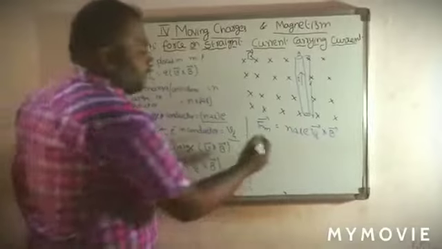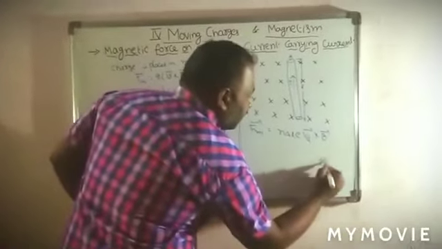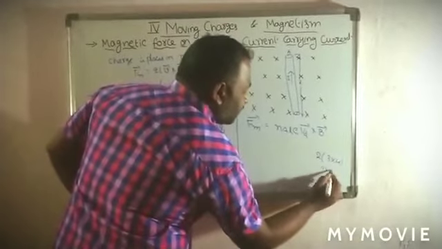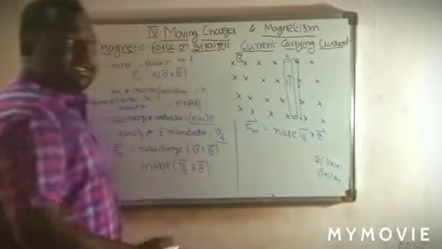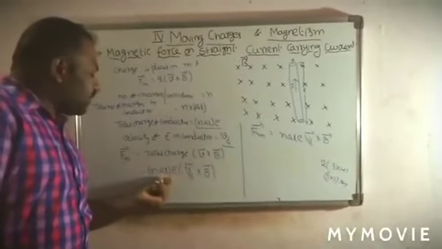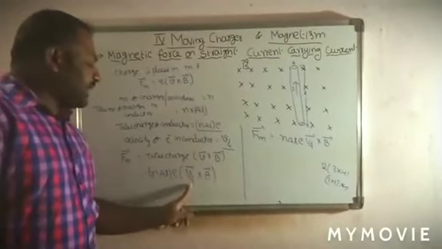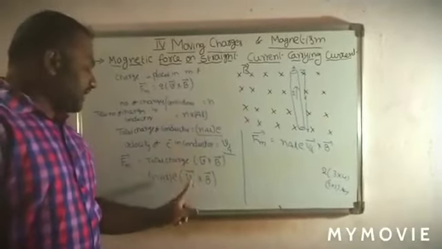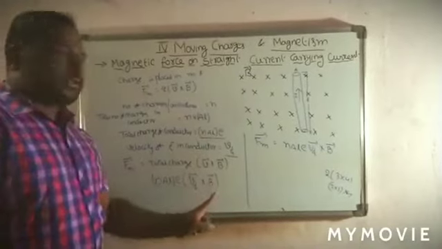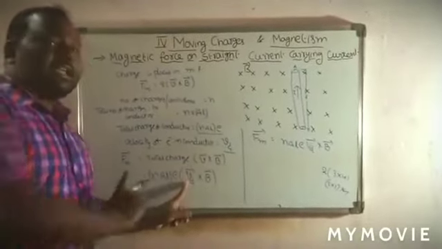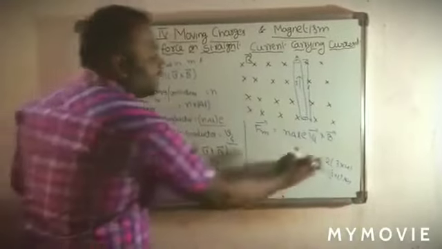Now here we know that 2 into 3 into 4, we can write it just like that. Similarly here also all are in multiplication, so this term is multiplied to any one term. Here we multiply it with the Vd bar. So don't get confused, multiplication is there. So we multiply this n A L e to any one term in the bracket. Okay, so this is the expression we obtain.